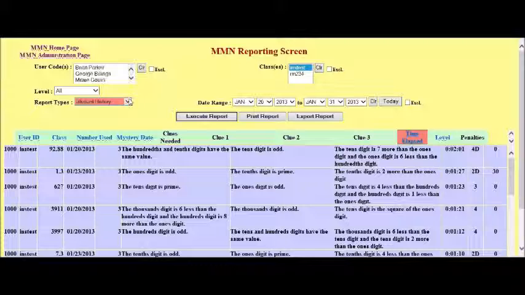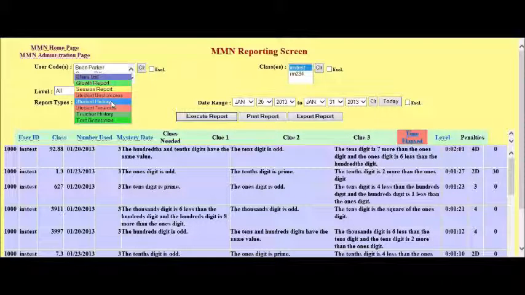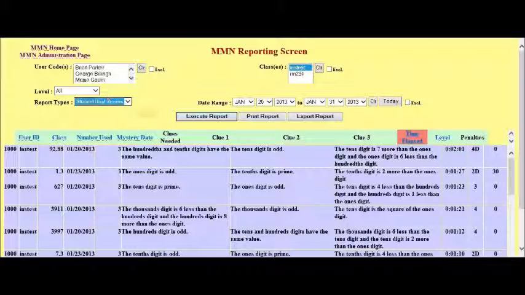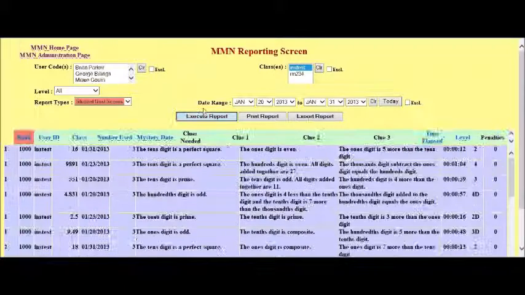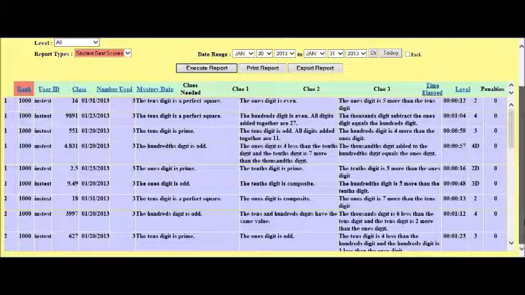Now, the student best scores report, another interesting report. Basically, that gives you an indication of all the questions that relate to the actual best scores that were recorded. And in this case,